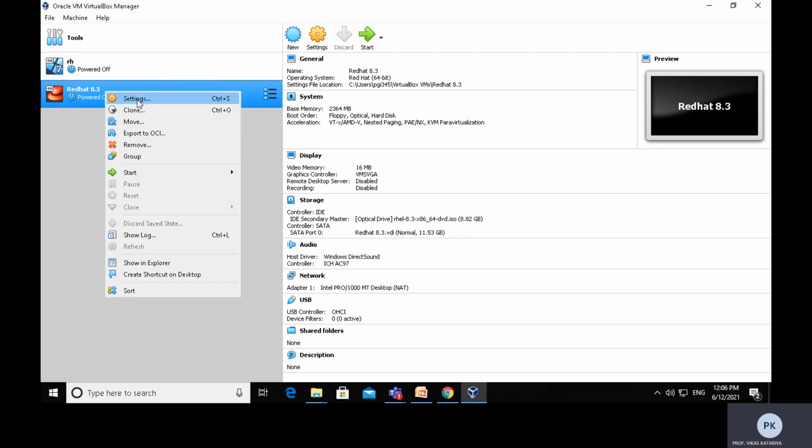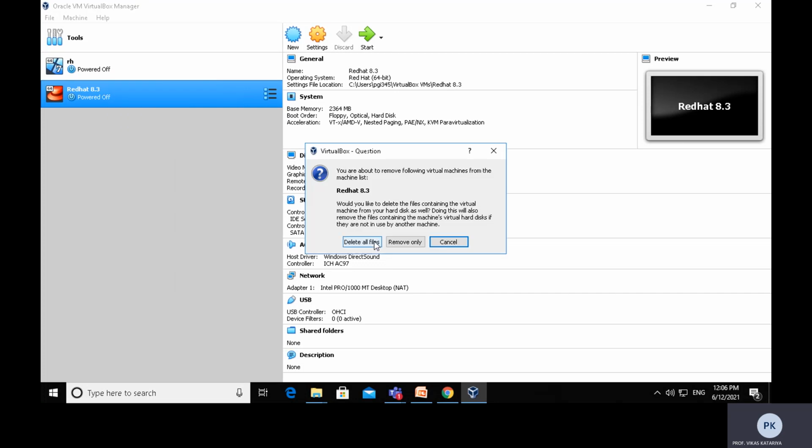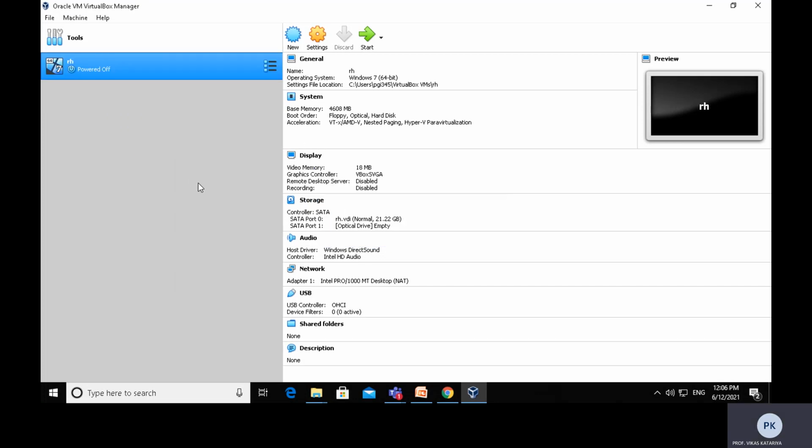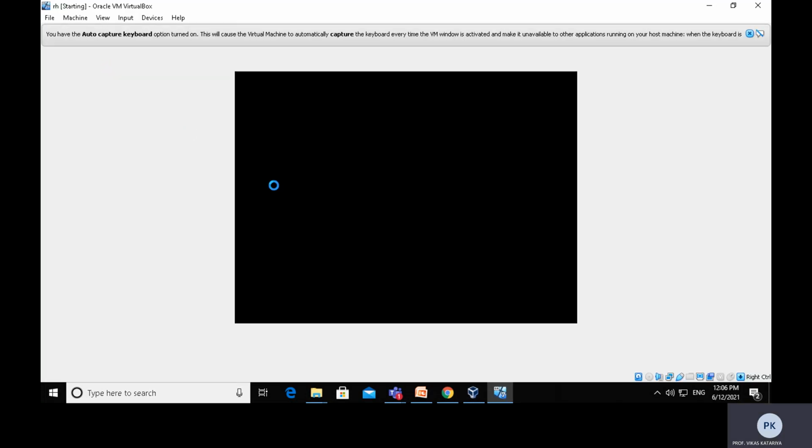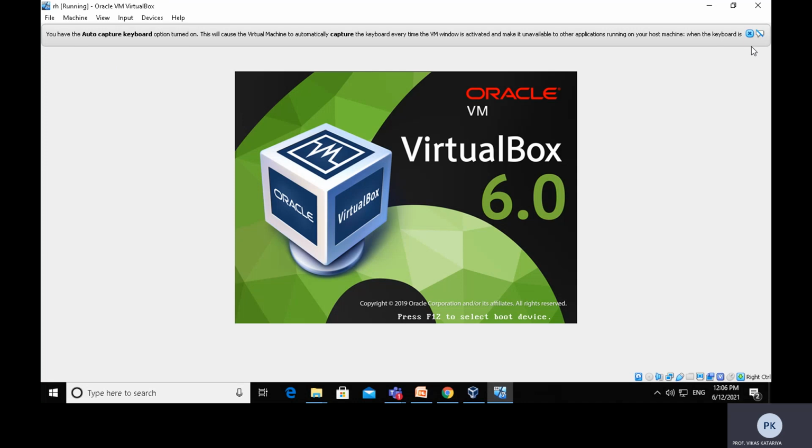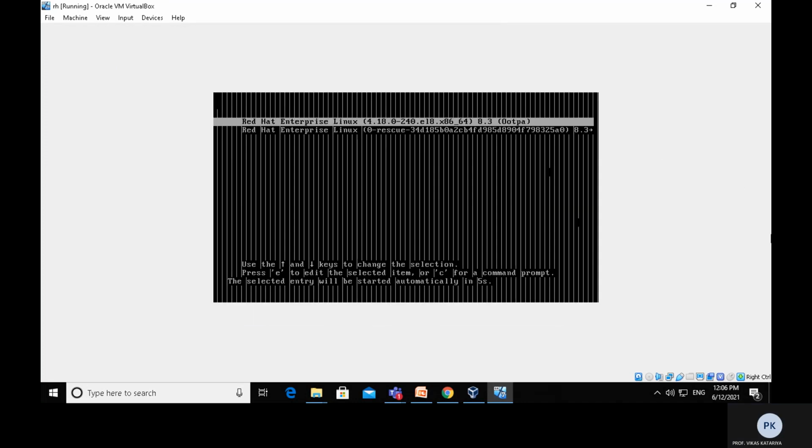I would like to remove this; it is not required for me. Whenever you want to boot the Red Hat machine, you have to double click on that virtual machine. Your Red Hat Linux will start booting. You have to select Red Hat Enterprise Linux, first option 8.3.